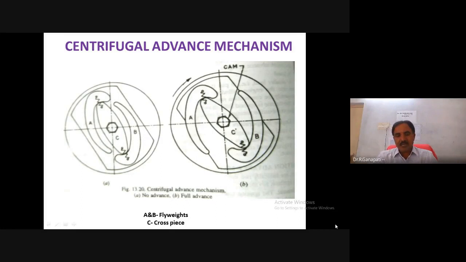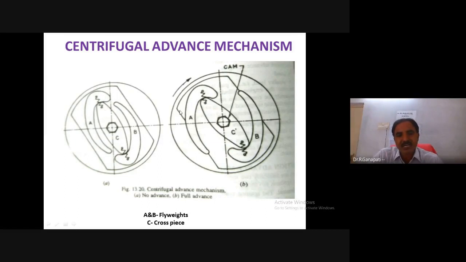So how does the ignition timing advance happen here? When we start the engine, based on the rotation of the engine speed, the cam also rotates. So here the distributor will be there, okay. So the distributor also rotates, and when the distributor rotates, centrifugal action occurs here, and due to the centrifugal action,